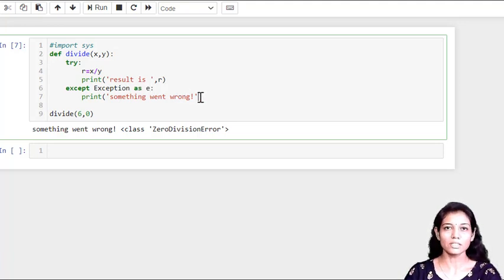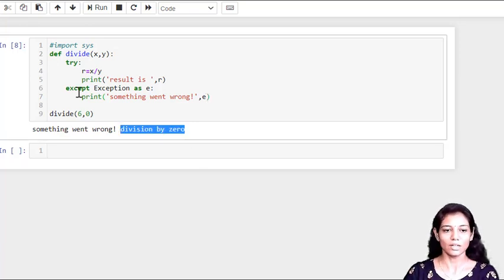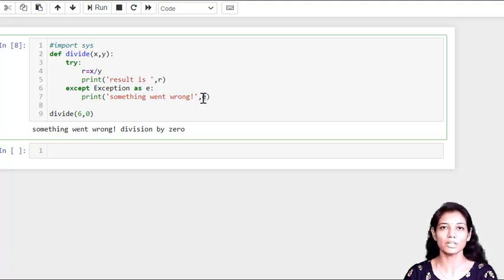Here e is just an object of type Exception, which is the highest base class of all kinds of exception. So let us try to execute it. Yes, it has given me similar information that divide by 0 has occurred. So here, Exception is the base class of all exception classes, and e is its object, used as an argument that contains the information about what sort of exception has been generated.